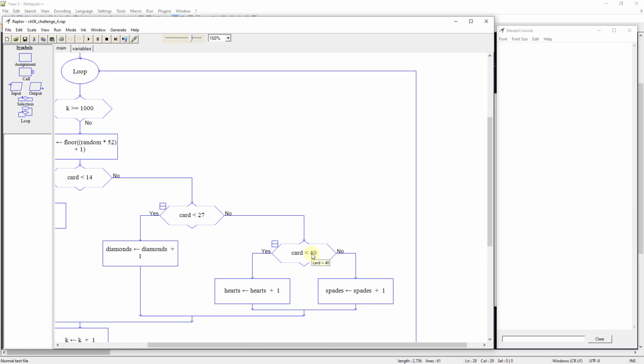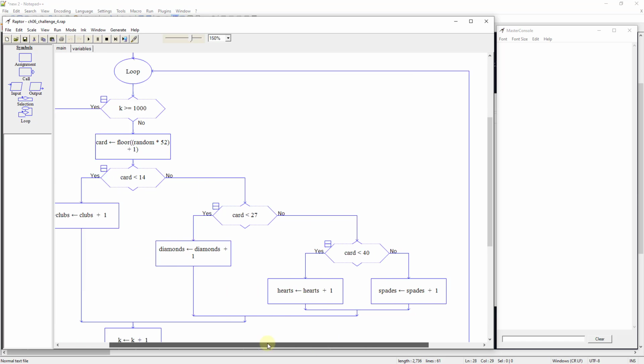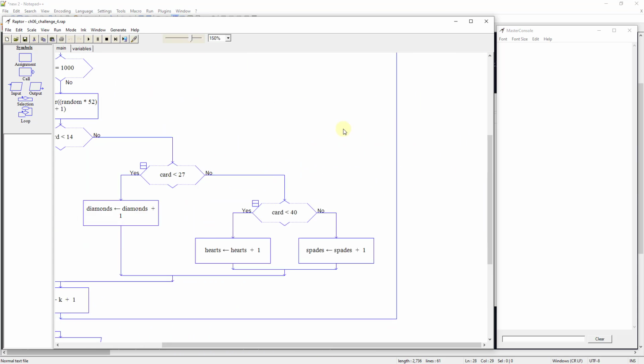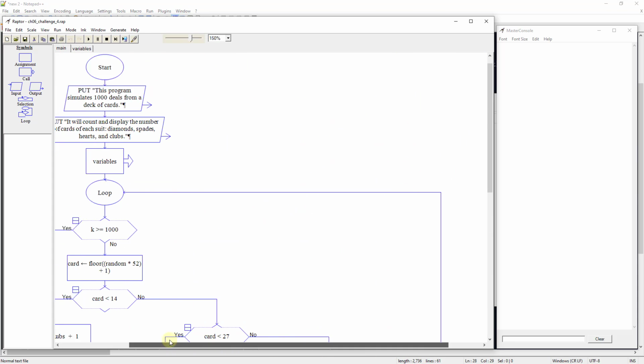And anything above that, up to 52, add to the spades. And then come on down here and say, take my K count and add 1 to it. So my K count the first time through is 0, and then it's going to say 1. And then it's going to come all the way back up and loop back around.